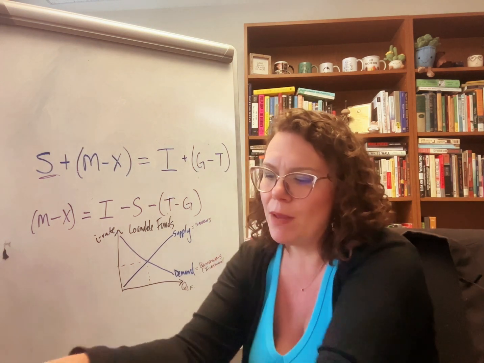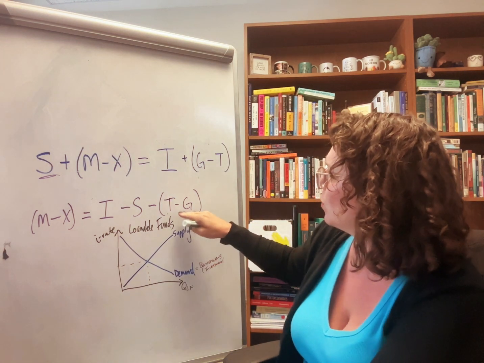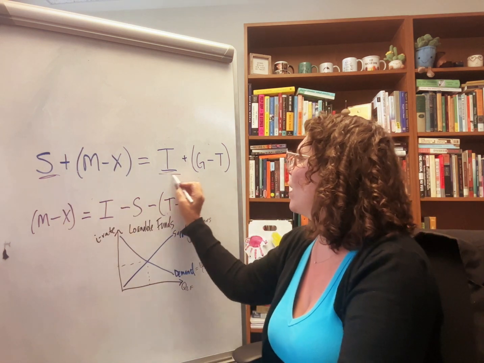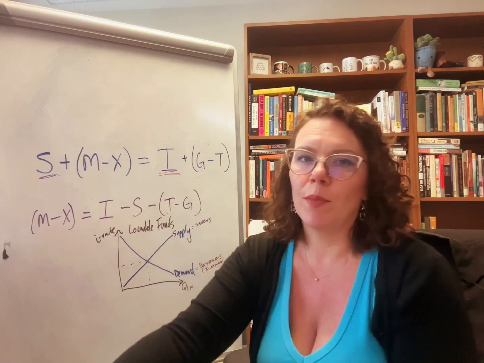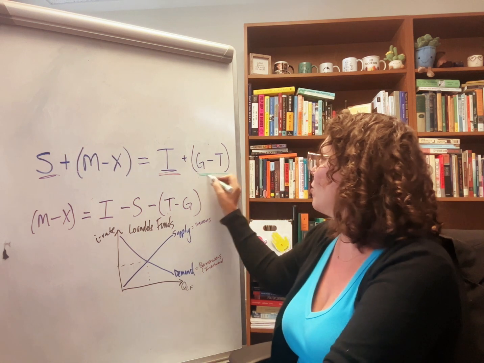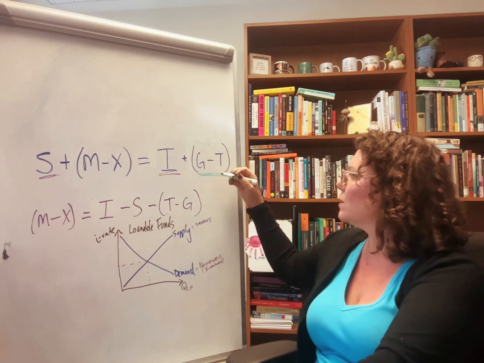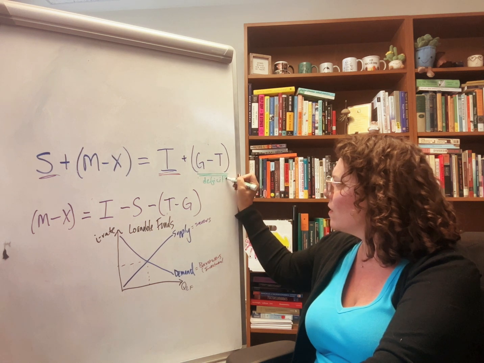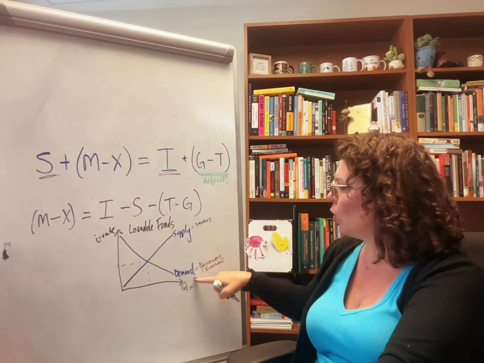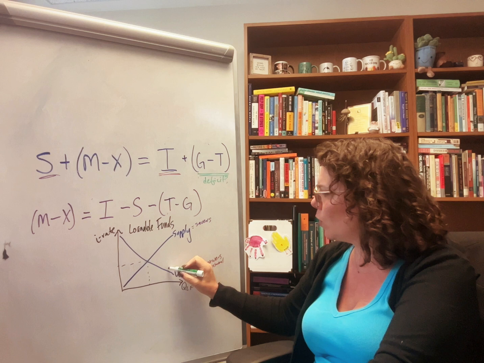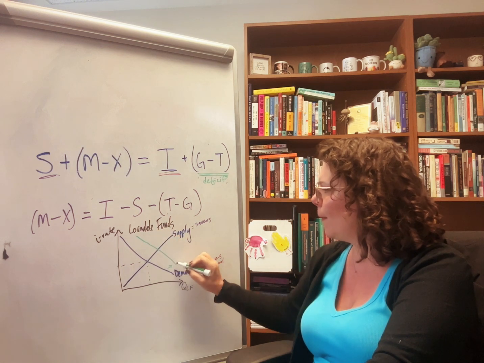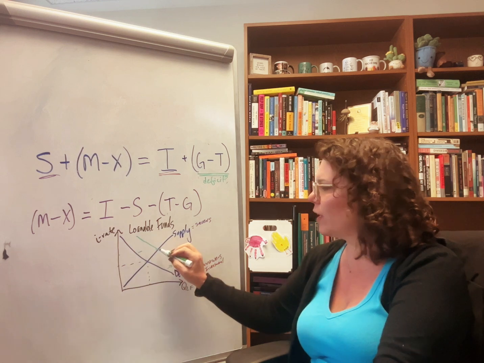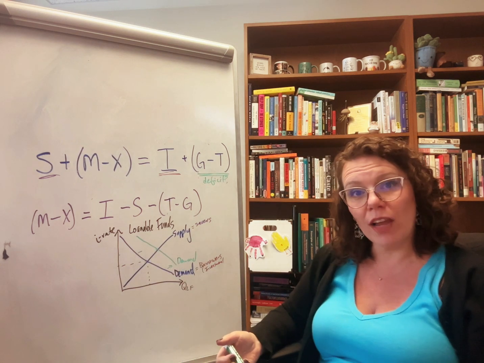But what we need to remember is that the government plays a role too. So we have, right, our private savers and our private borrowers, investors, but we also have the role of the government. And if the government is running a deficit, then they're going to be borrowers also. So they're going to be demanding more loanable funds, raising up interest rates and crowding out private investors.